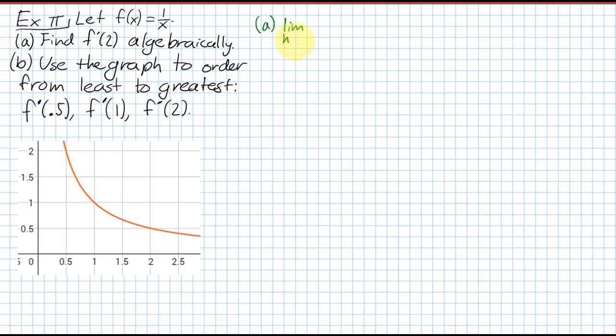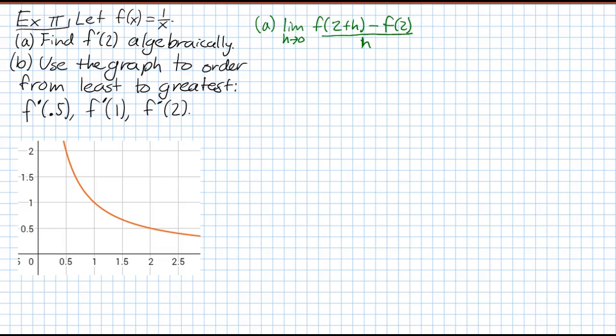This is the definition of f prime of 2, of the derivative. As h approaches 0, f of 2 plus h minus f of 2 divided by h. So calculate that limit. And then b, using the graph, order these from least to greatest,